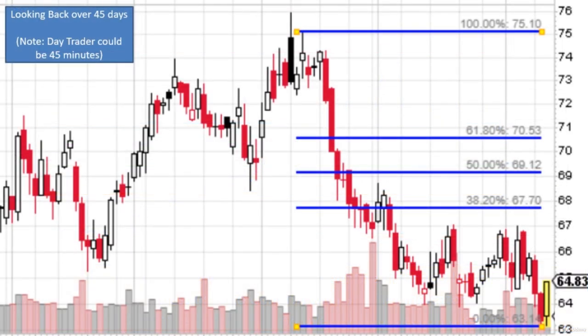So if we look at this as a real security here, I've set the look back period for 45 days. I know this is periods, I happen to choose days. If you're a day trader, you might choose this as 45 minutes for your Fibonacci level. It would actually come up with the same thing if this was within, let's say, a day time frame. But I'm choosing